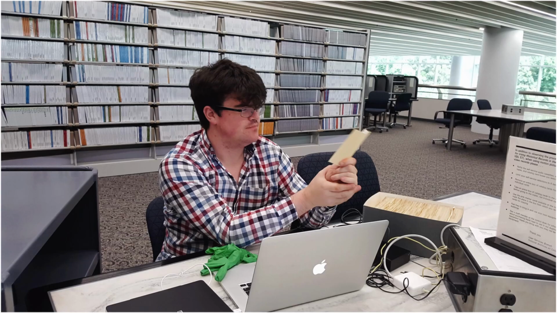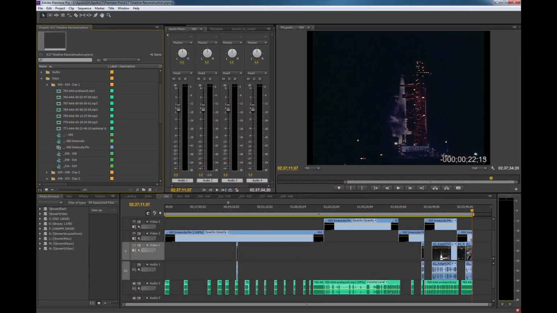So Stephen helped to scrape together a massive amount of film. And with all that archive that was done by Johnson Space Center, then there was the process of assembling that stuff all together. And here's a picture of Adobe Premiere where the idea was, let's create empty time code for the entire duration of the Apollo 17 mission. 17 was the one I did first. So there's an 8-hour period of time, and all it is is that ticking time code, which you can see at the top right of the image.